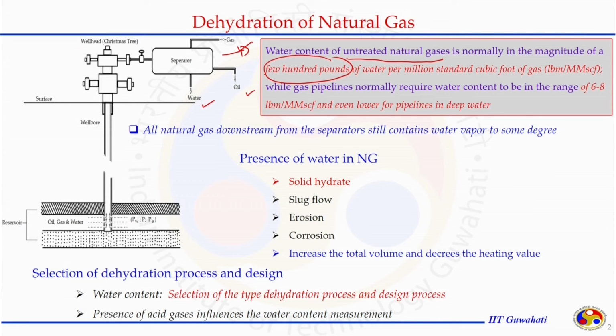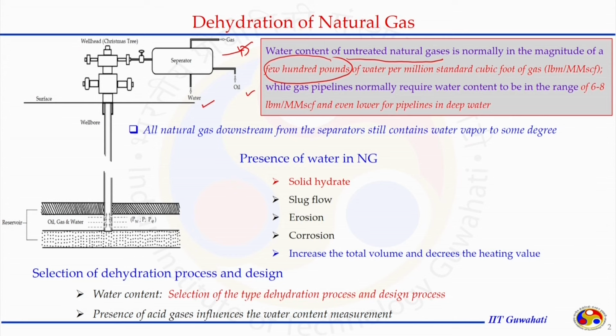When natural gas has acid gases and water is also present, the water creates a problem of erosion and corrosion. Not only are there problems associated with the presence of water in terms of erosion, corrosion and phase changes, but if the natural gas with water is being transported from one place to another, a larger volume of natural gas is getting transported which has no additional energy content. Water does not have any energy. When we are transporting natural gas with water, it means we are unnecessarily transporting more volume.